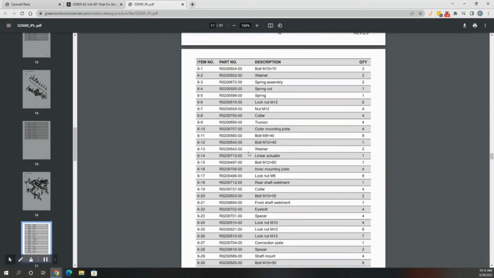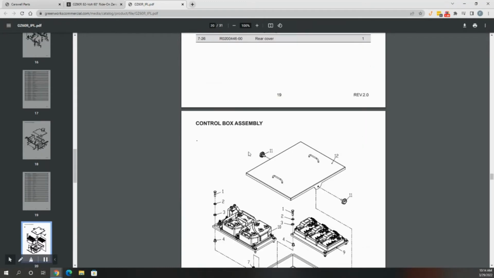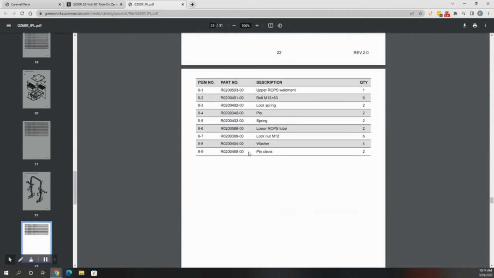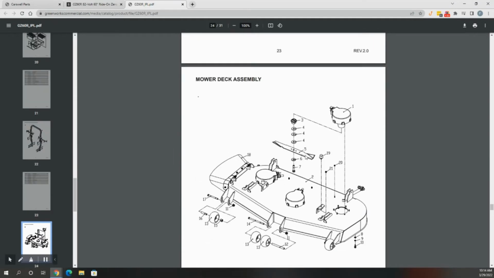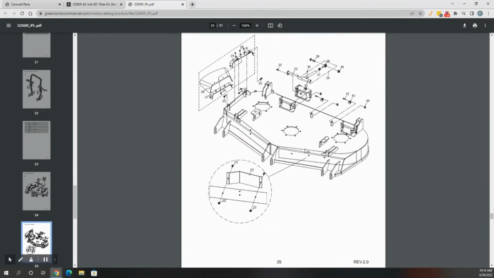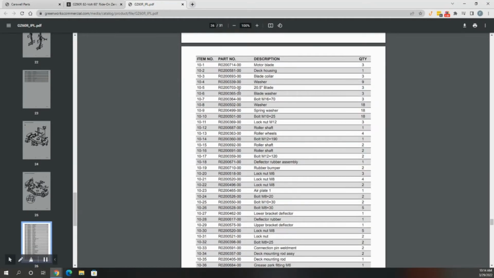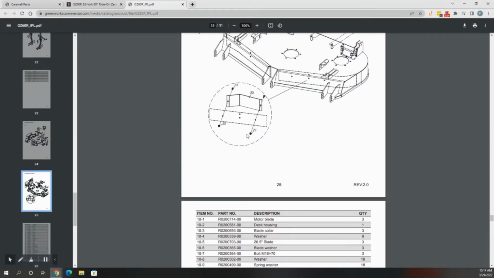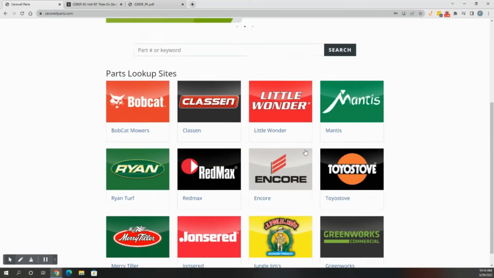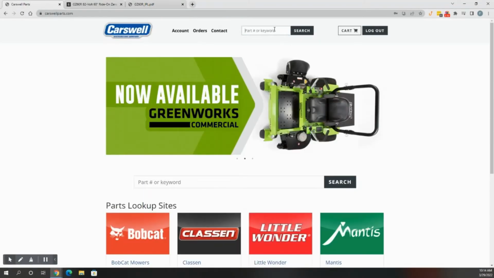And I would say one of the most common things, as you guys know, are going to be a set of blades. So we come down to the mower deck assembly, go to number 5, get the part number for the blades. Right here. Now that we've looked our parts up, hopefully have them written on a different sheet of paper, we're going to go back to our website and just go ahead and search for the first part number. The front wheel,